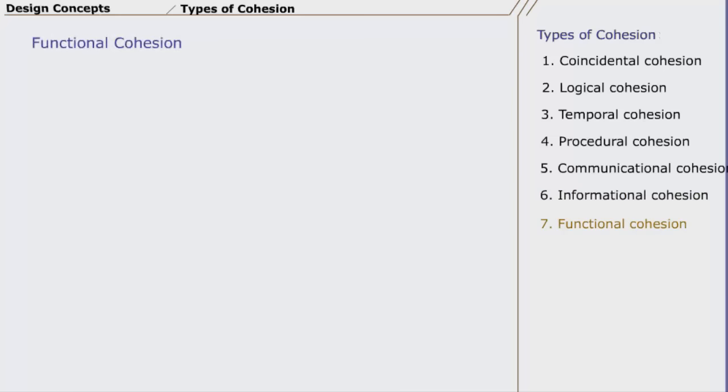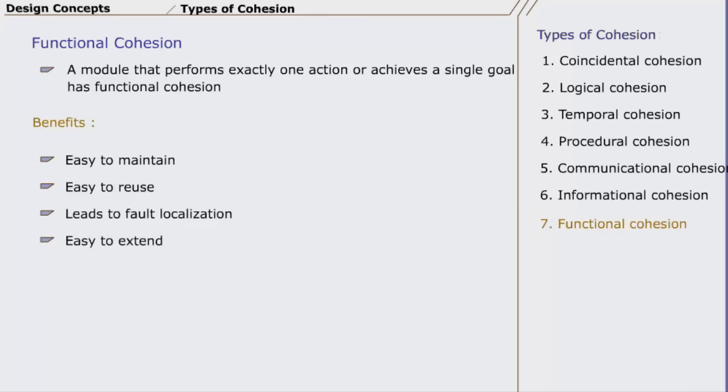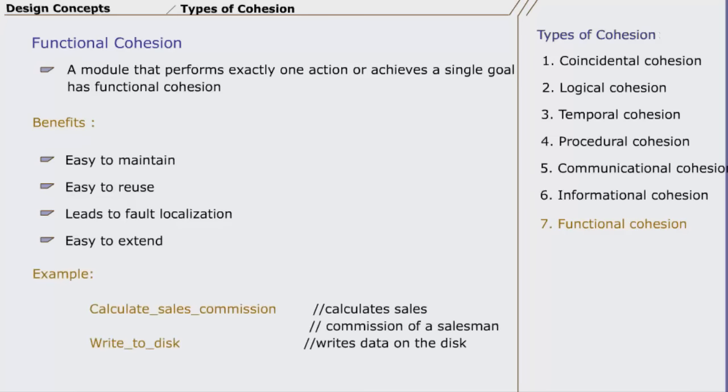Number 7. Functional cohesion. A module that performs exactly one action or achieves a single goal has functional cohesion. A module with functional cohesion is easy to maintain, easy to reuse, leads to fault localization, and is easy to extend. Example: calculate sales commission,